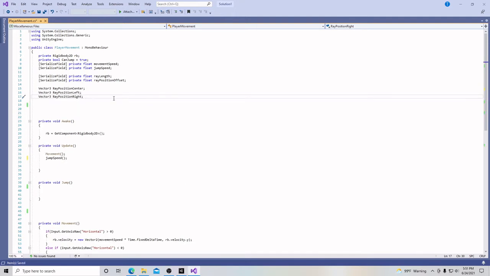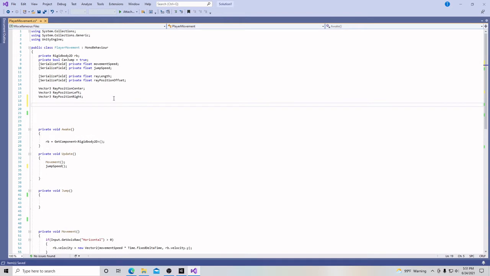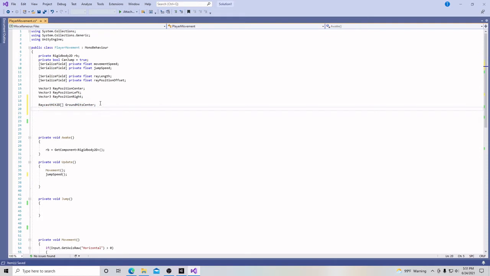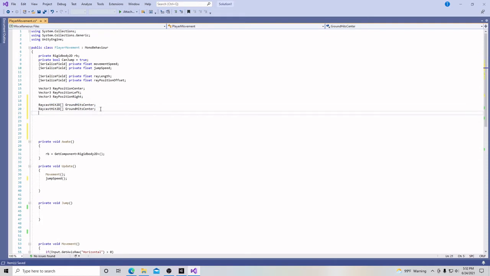So now we're going to add 3 more things, and they're going to be RaycastHit2D, and these brackets right here, because it's going to be an array, and its name is going to be ground hits center. And we're going to just copy and paste this real quick. Control C. Next line, Control V. Next line, Control V. And this one, just like above, we're going to make this one left